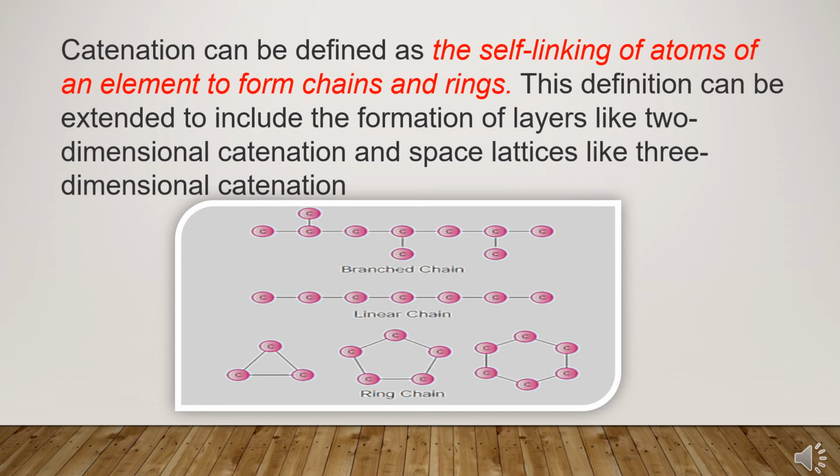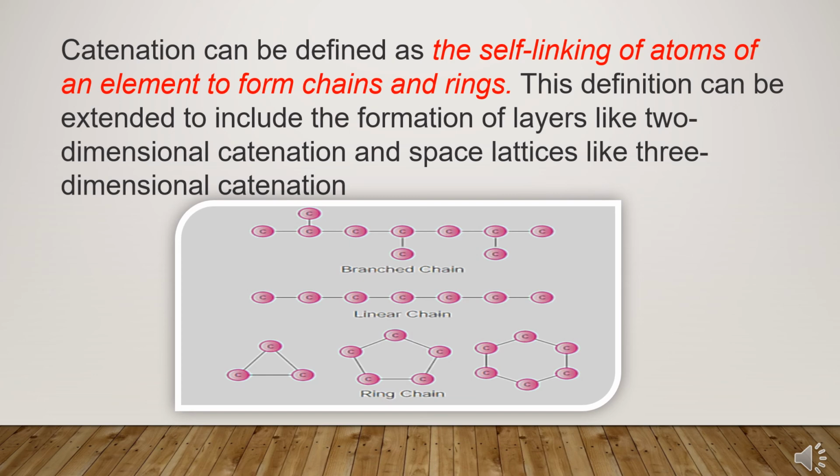The carbon atoms also form strong bonds with the atoms of other elements such as hydrogen, oxygen, nitrogen, sulfur, chlorine and many other elements. The formation of strong bonds by the carbon atoms among themselves and with other elements makes the carbon compounds exceptionally stable. And no other element exhibits the property of catenation to the extent seen in carbon compounds.